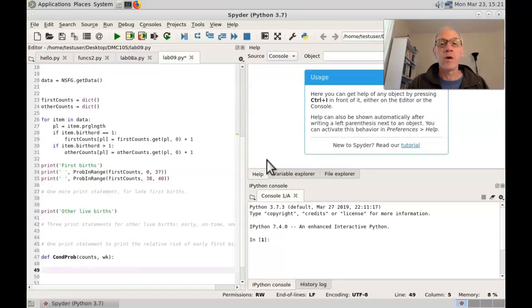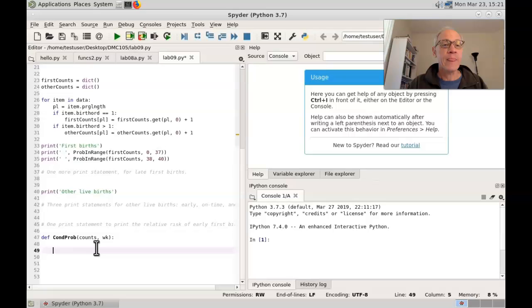Just like you did with prob and range, add some code to initialize your counts, your numerator and your denominator,